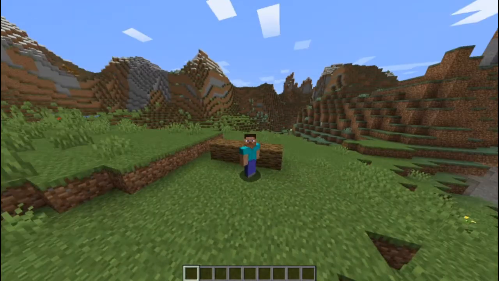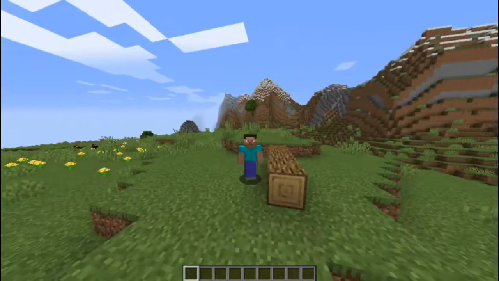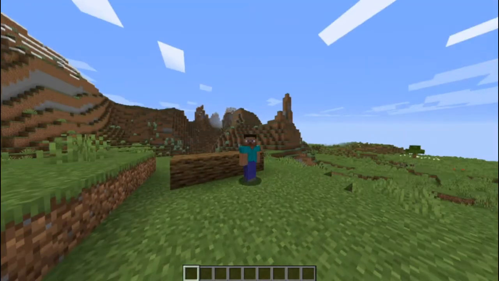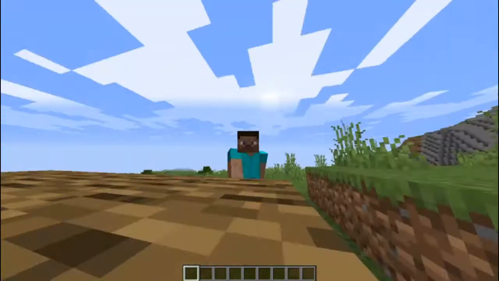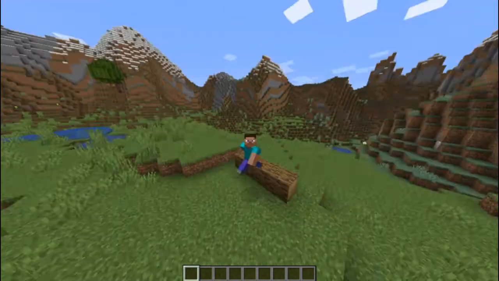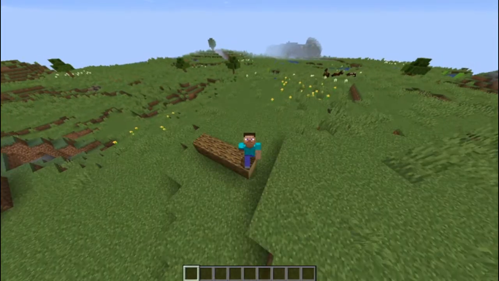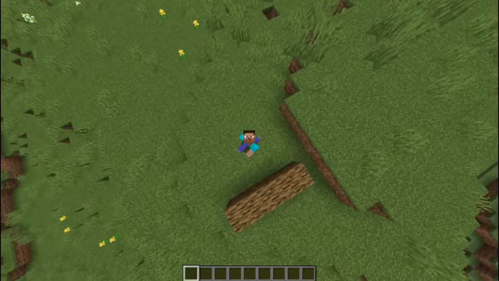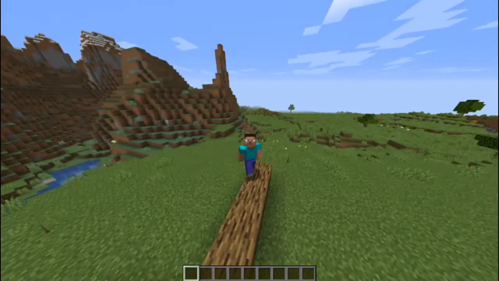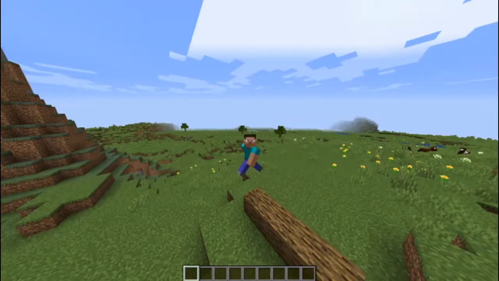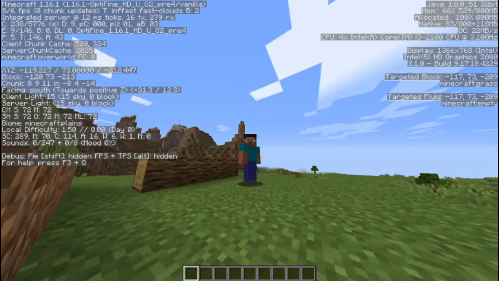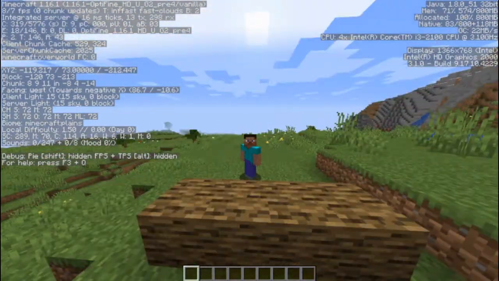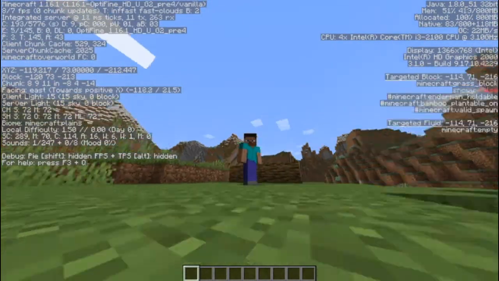But when I'm not recording and I'm using Optifine, the frames per second is about 19 FPS. So that's a big thing. But when I'm not using Optifine and just running Minecraft without even recording, it's like this much FPS. As you can see, it's at 9 FPS right now.